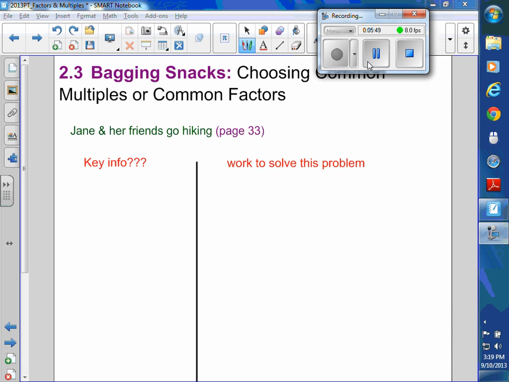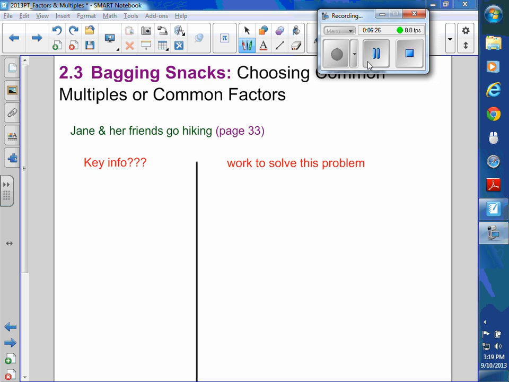Okay, so when you read a problem like that, let's have everybody stop, look, and listen. That means you want to be looking at me, right? Turn your chairs and stop writing for a minute. When you read a problem like that, it's about Jen and her friends and they go hiking. So Jen, tell me something that's a key, like, what's the problem asking you to figure out? How can you have an even amount of an apple and an even amount of trail mix as like a